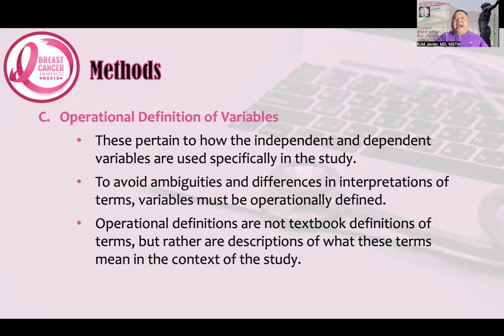For example, you might say that uncontrolled diabetes mellitus will be defined as HbA1c of 7% and above. That's an operational definition. We don't need the textbook definition that there is insulin resistance, insulin insensitivity, progressive beta cell destruction, beta cell apoptosis and destruction. No, we don't want that. Rather, operationally, FBS of, let's say, 200 and above. Those are operational definitions, not textbook definitions.